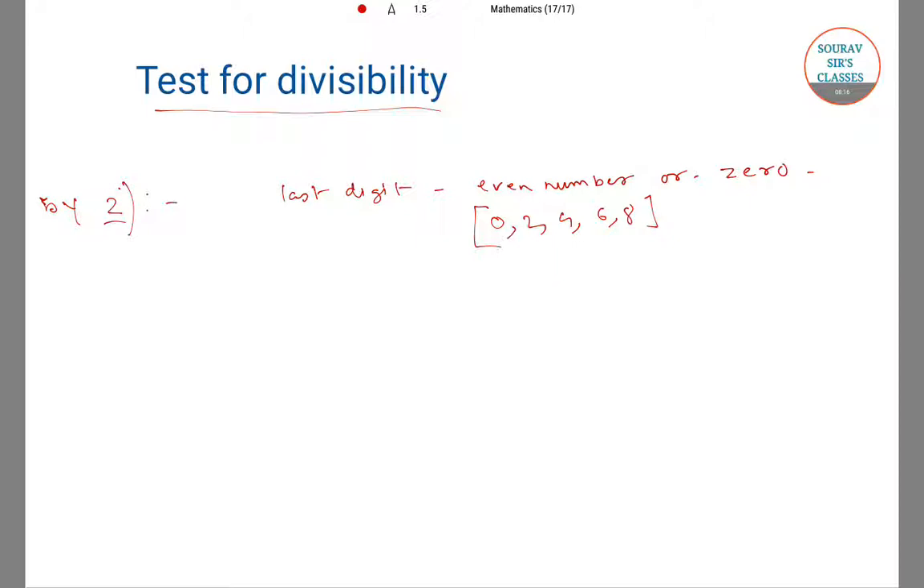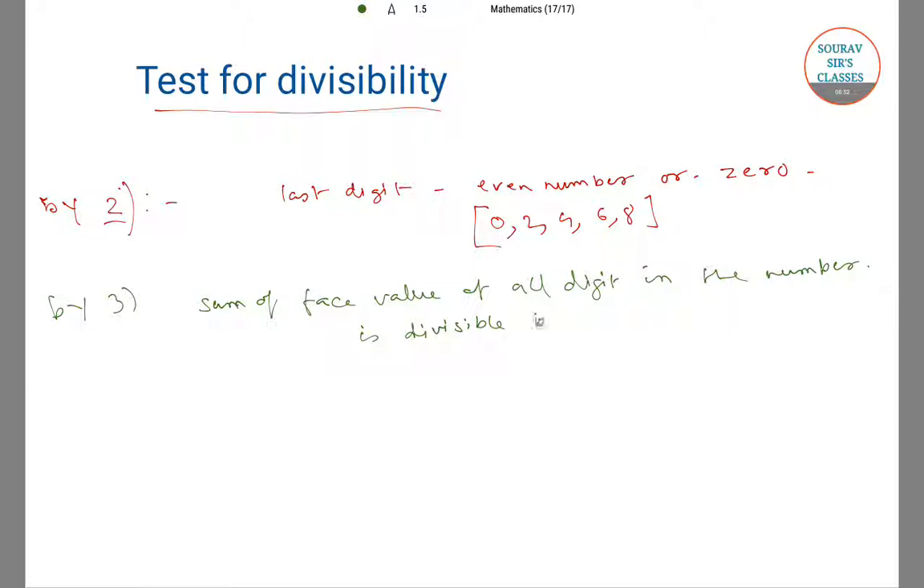Next is divisibility by 3. A number is said to be divisible by 3 if the sum of the face value of all the digits in the number is divisible by 3. Suppose we have the number